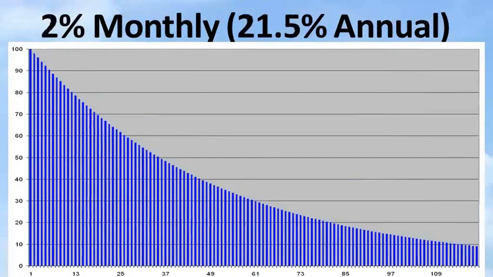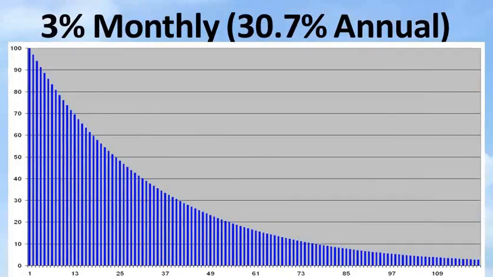1% monthly, it's 11.4% annually. Definitely begins to get a little convexity to it. 2% much more so. And then 3% is really quite bowed. It's a steep drop-off to begin with. Now, again, other than being able to look at these pictures, these graphs, and observe that, say, for example, the